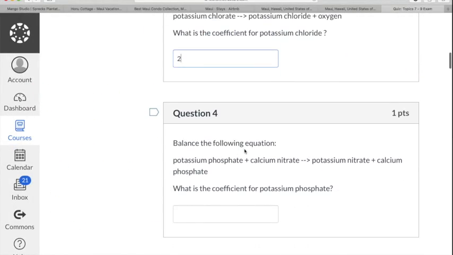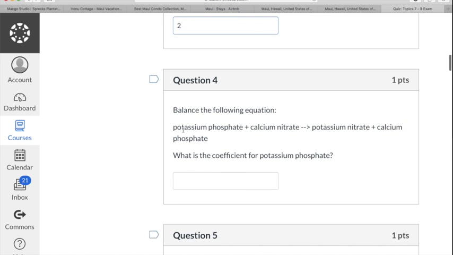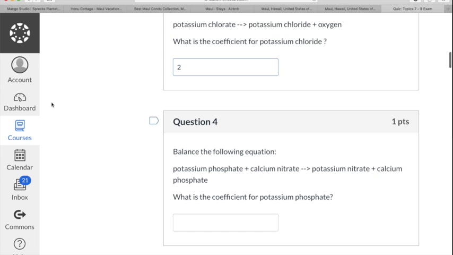Number 4, balance the following equations. Oh, good. Here we go again. Potassium phosphate. So let's write this down. Potassium's K. Phosphate is going to be PO4. No, sorry, PO4 3 minus. And this is a single plus. So if we do the crisscross method of naming these things, K is going to be 3, and the PO4 is just going to be 1. So K3PO4, and that's going to yield,